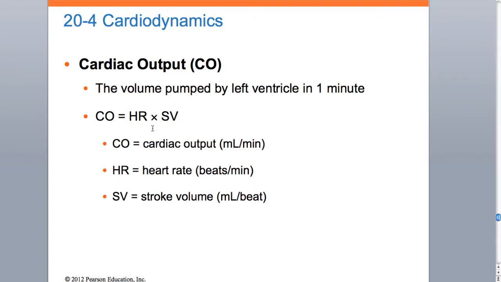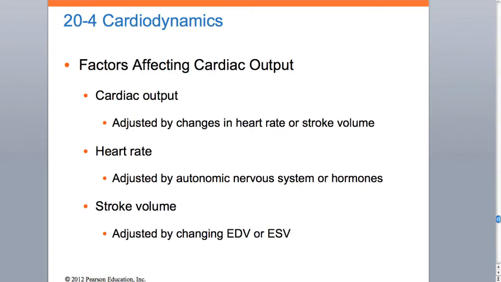Now, on the next slide, you're going to come across this one. It says, cardiac output adjusted by changes in the heart rate or stroke volume. Now, in this slide right here, it says heart rate adjusted by the autonomic nervous system or hormones. What does that relate to according to Nemish? Nervous system being the electrical, hormones being the chemical. So how do I adjust heart rate? As I said